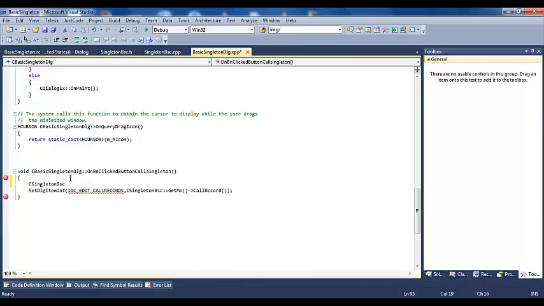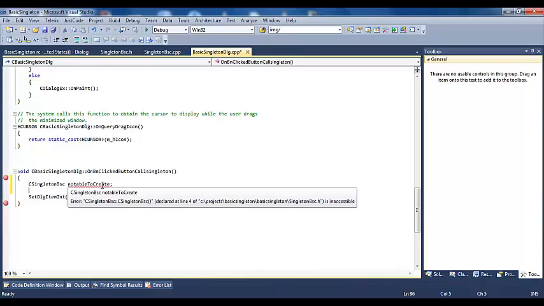Let's name it not able to create. See, it's already giving me an error. It's saying that our constructor is not accessible, so it can't instantiate the object. Such a nice compiler from Microsoft, right?